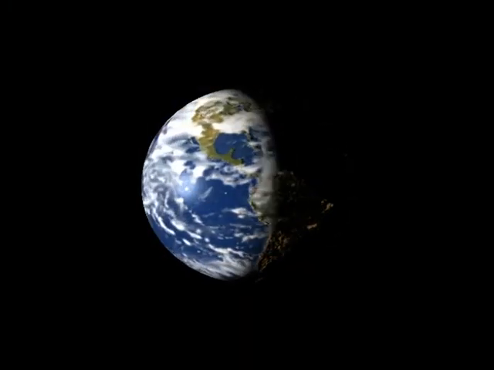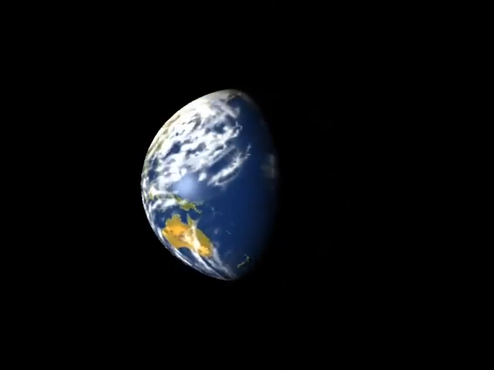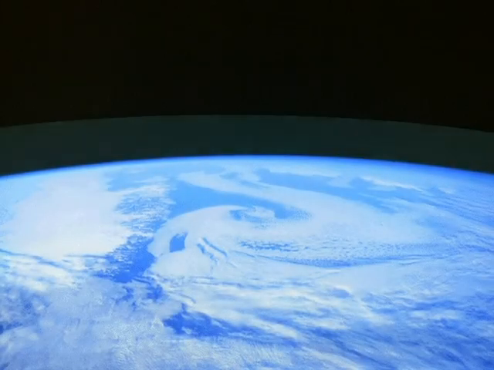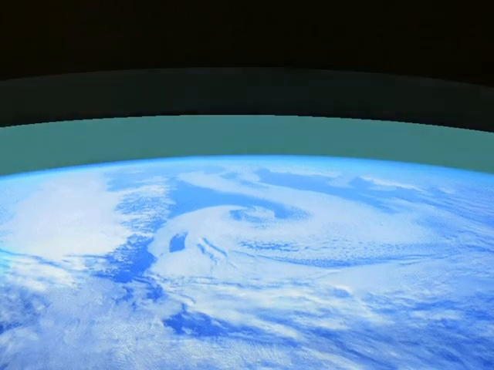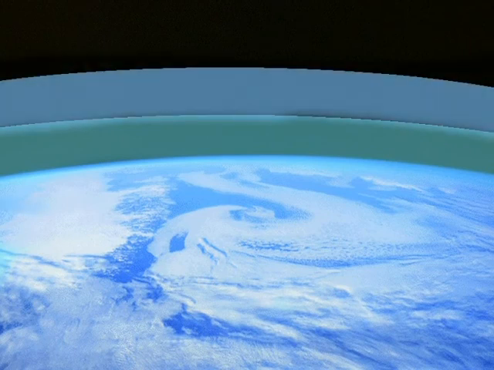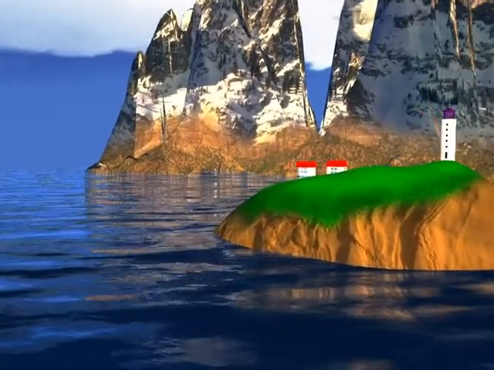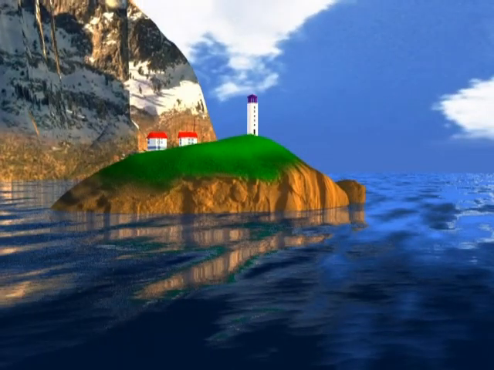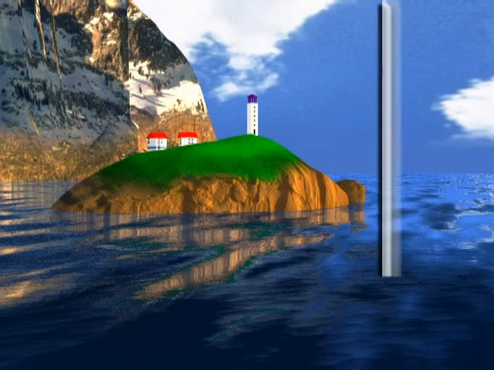Let's now consider our own planet. It is surrounded by a layer of air that extends from the surface of the Earth upwards for tens of kilometers. This is our atmosphere. Molecules of air have their own weight, which means the weight of all the molecules of air above exerts a force on the Earth's surface and everything found there. The pressure generated is known as atmospheric pressure.